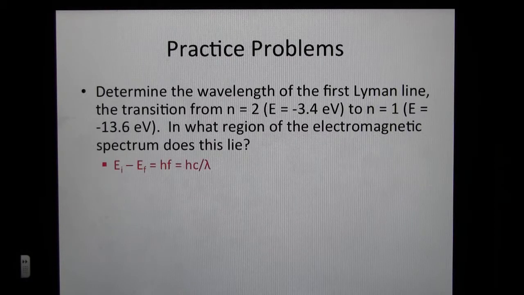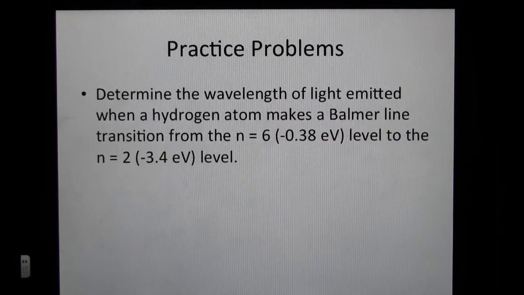To determine the wavelength of the first Lyman line, we first have to determine the difference in energies between the given energy levels, and that is E initial minus E final. And that can be set equal to hf, or hc over lambda. The initial energy level is negative 3.4 electron volts. The final energy level is negative 13.6 electron volts. Taking the